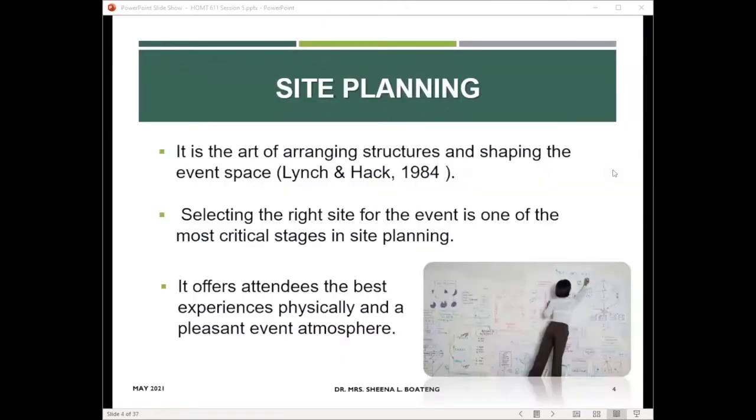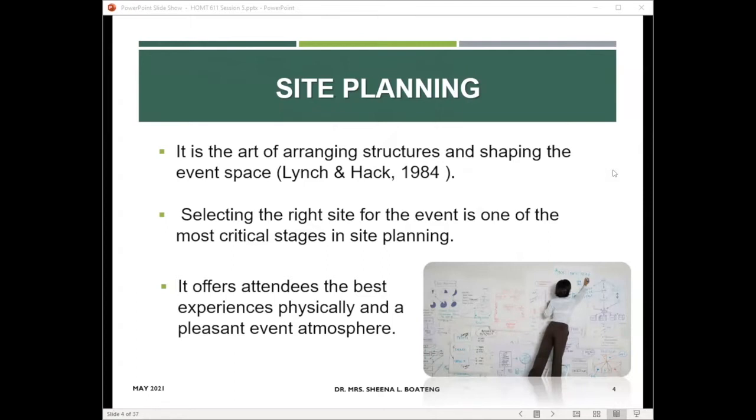Based on that, we are starting our lecture from site planning. So what is site planning? Site planning is basically the art of arranging structures and shaping the event space, right? So here it's all about choosing the right site for your event,